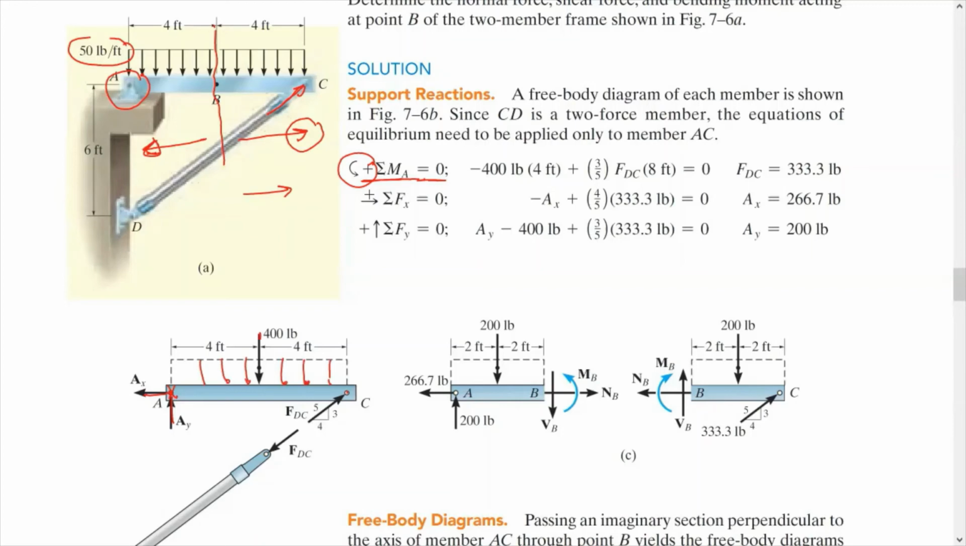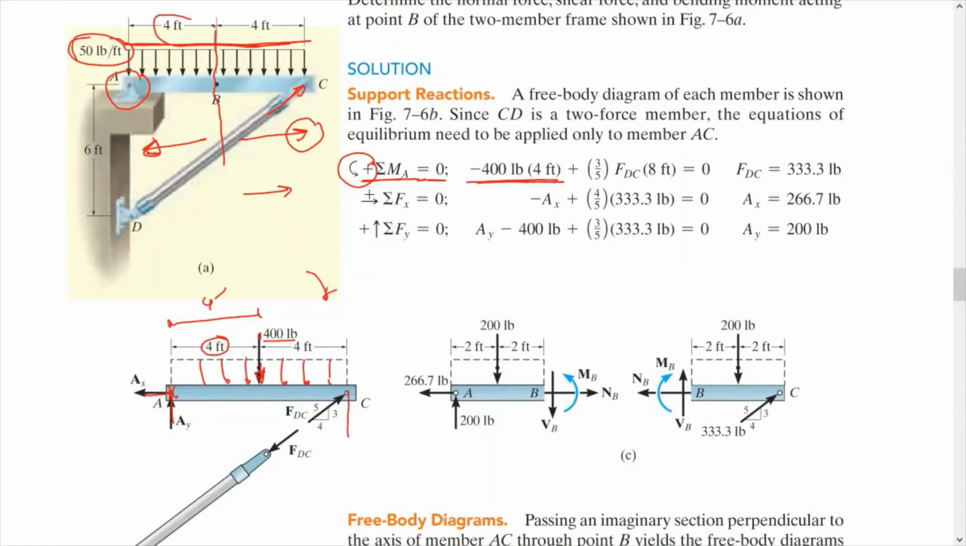And the resultant force is equal to 50 times 8. This is the whole distance, 8 feet, and this is 400 pounds located at the midpoint. So this is going to be 4 feet, as you see here. In this case, minus 400 pound times 4 feet, minus because this tends to rotate the beam clockwise,